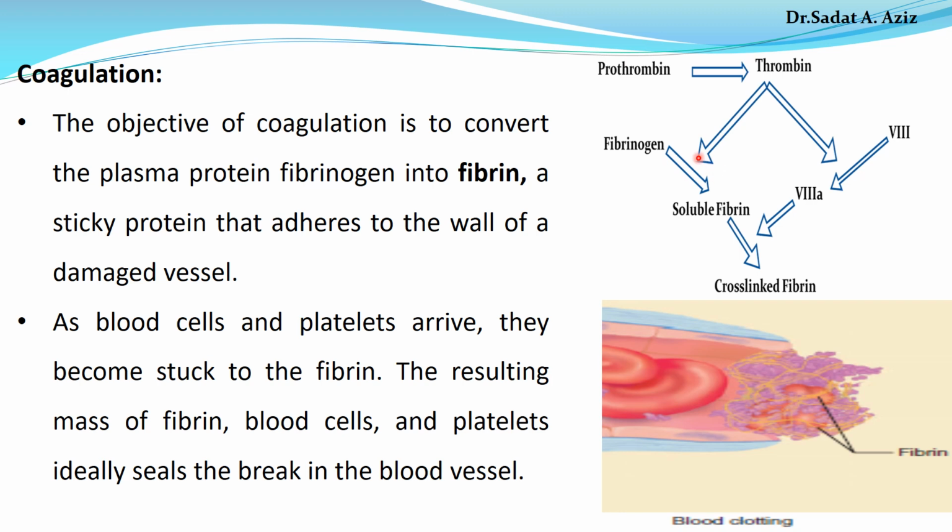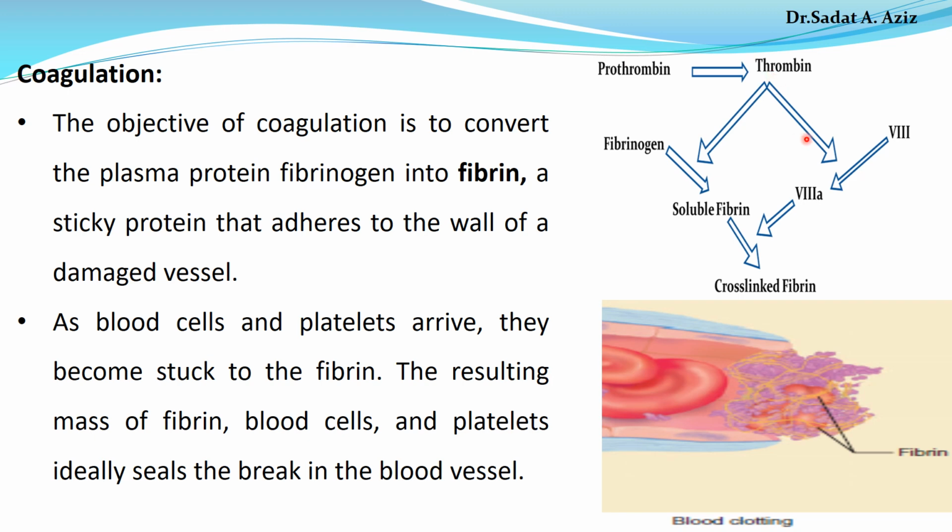If you have a look here, this is a cascade. We have two main pathways in the process of hemostasis. The first one is called intrinsic and the other extrinsic factors. It is a very complex process, so I'm not going through it. But what we have here is prothrombin. Prothrombin can be activated into what? Into thrombin.